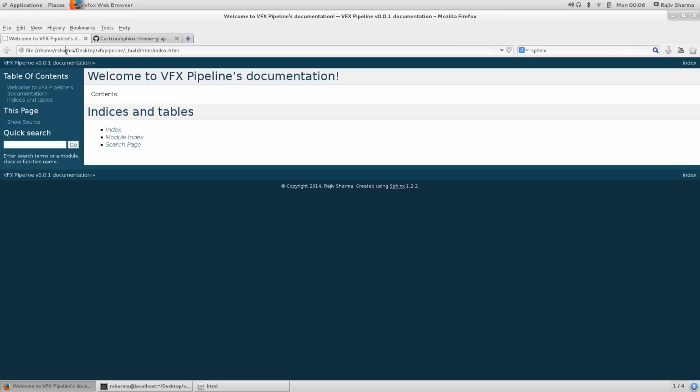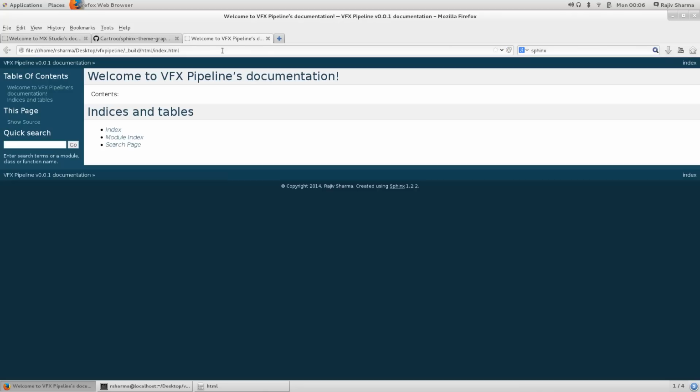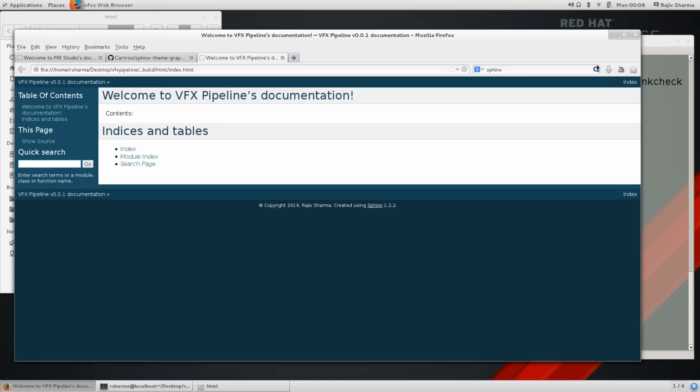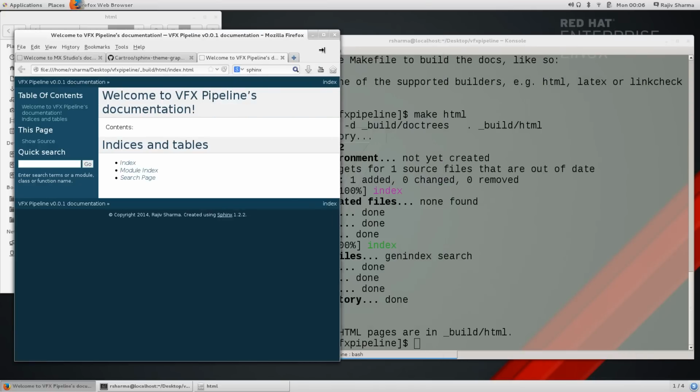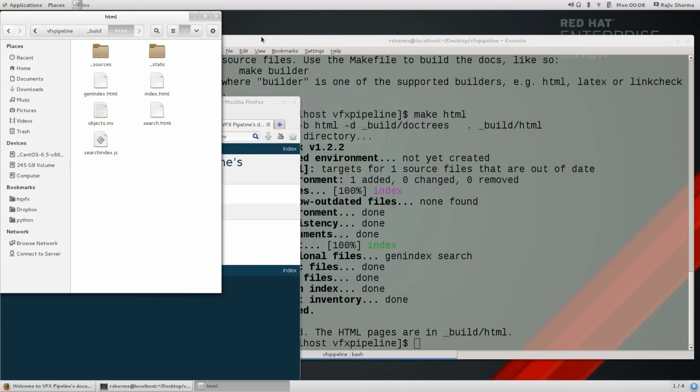What I can do, I can put this in a new tab. So all I just need to do is refresh that. Just put this in this side. Okay, now come back